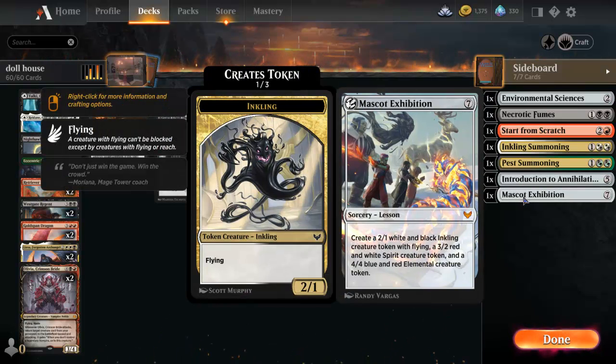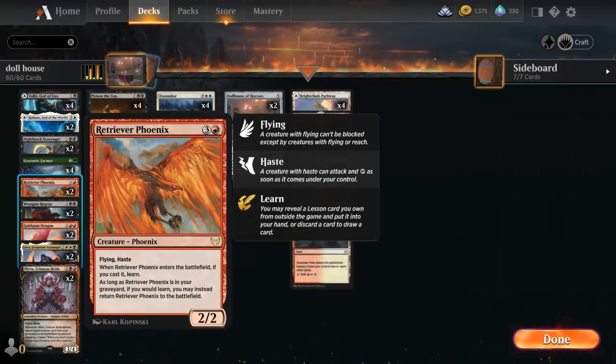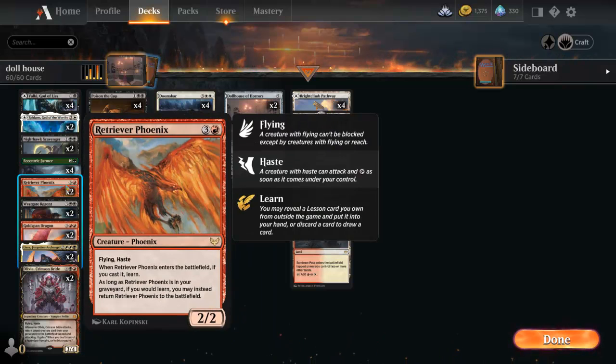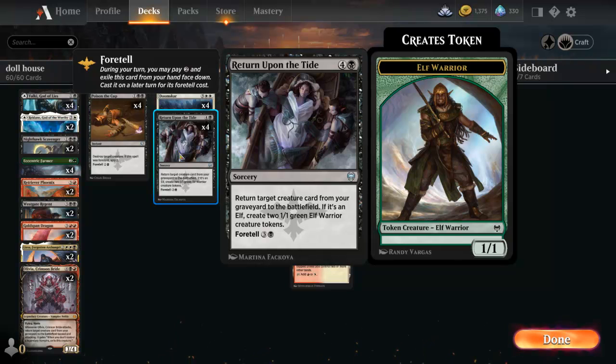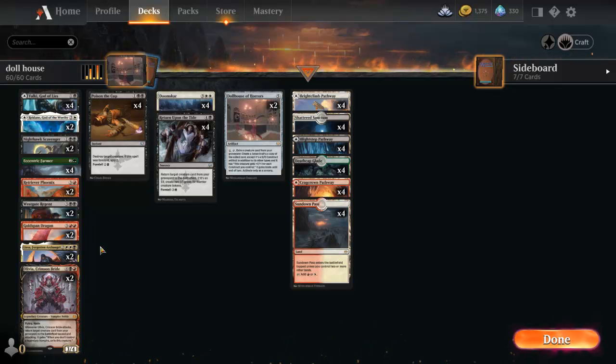And of course, Mascot Expedition, which helps you just get some bodies on board, especially late game. If you're running out of gas, running out of creatures to play, then being able to go into this comes in handy. And of course, the way you get that is through Retriever Phoenix, but only if you play Retriever Phoenix from your hand. Sucks that it doesn't apply when you bring it back from the graveyard. So typically you're just going to play it, but of course you can bring it back from the graveyard, right, through the effects of Return Upon the Tide or Olivia, right, and then